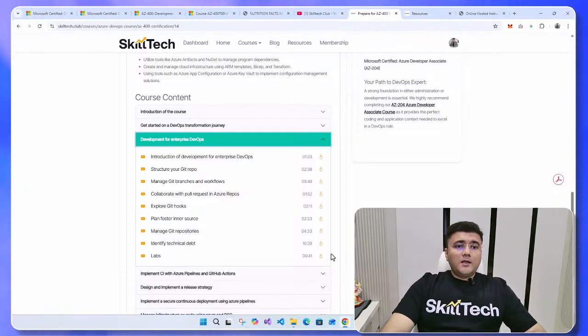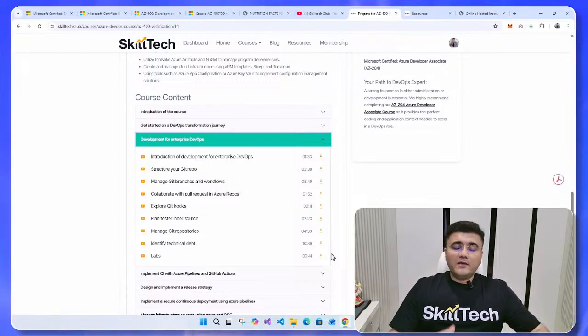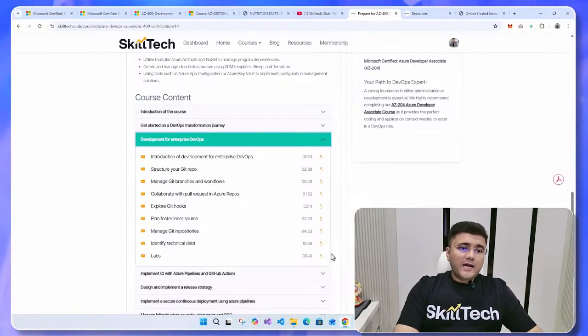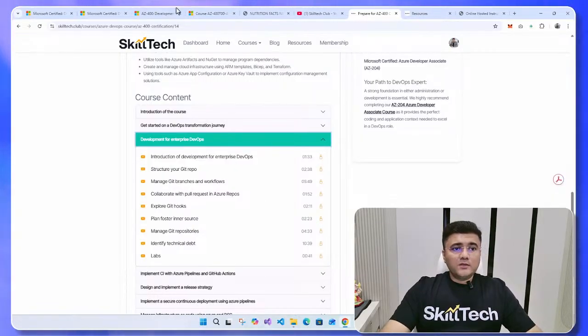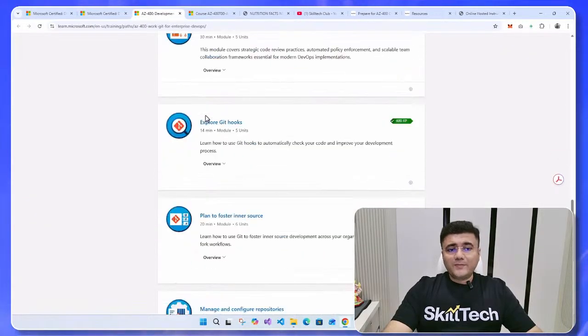Now, let me do a quick recap of what exactly we learned about AZ-400. If you want to be a certified DevOps engineer expert, you have to make sure that you clear the prerequisite first. That's the first thing. After that, there are 4 things to take home from this. The first thing is the full curriculum, which is available on this link. The second one is showing you the details of that particular curriculum.